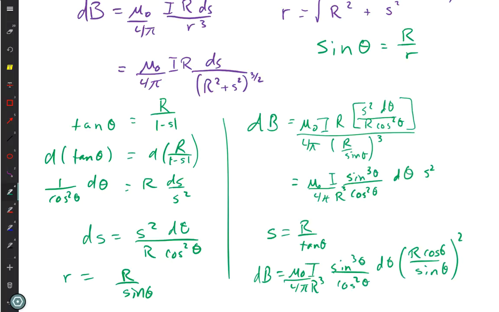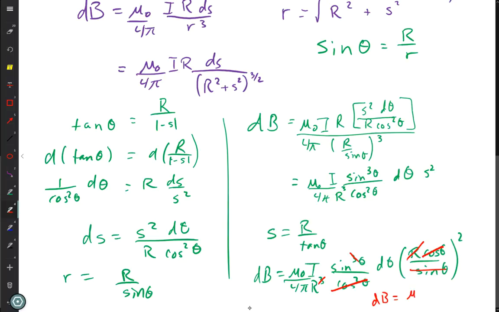So how did that get easier? The cosines and sines. Okay, the cosines completely cancel. 2 of the r's cancel. 2 of the sines cancel. And I'm left with